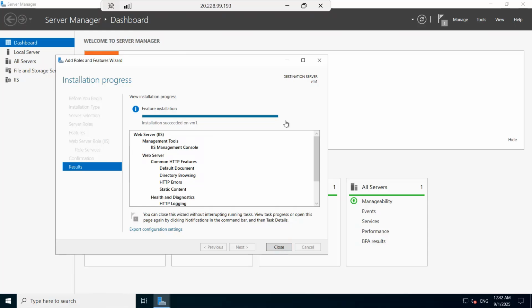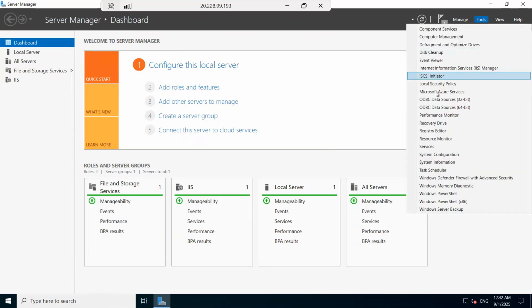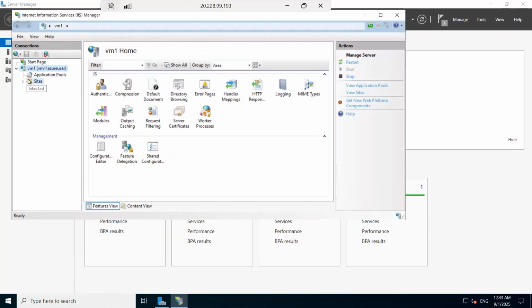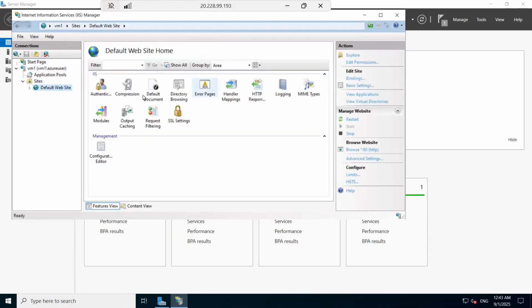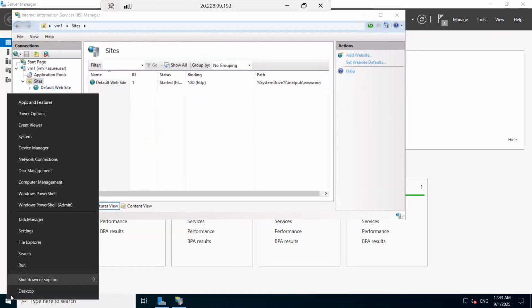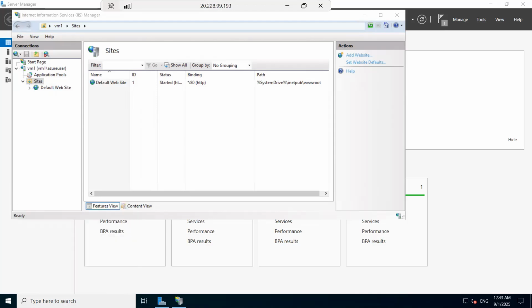So we have the web server installed. Let me go to the IIS, and I would see a default website running on port number 80. Just open a notepad. Before that, let's go to